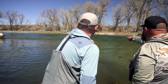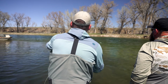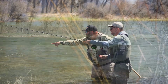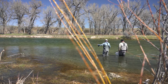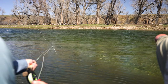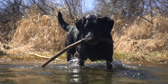He's right there? Yeah, he's right. It's going past him just a little bit. Kind of a tough drift on that inside. He's right in this back part. I just saw him move over. There's a white rock kind of right out. Yeah, just a little down